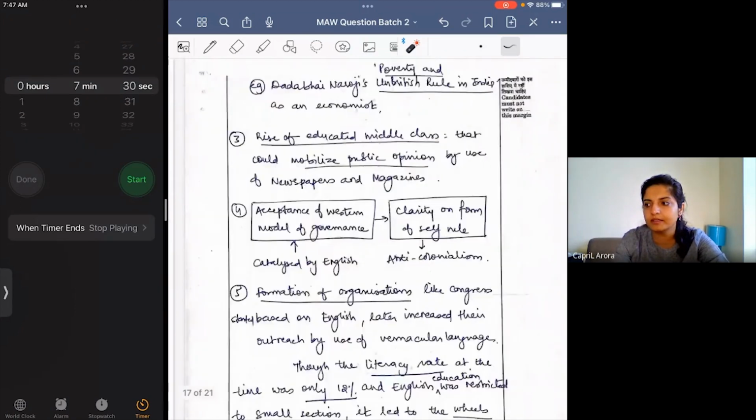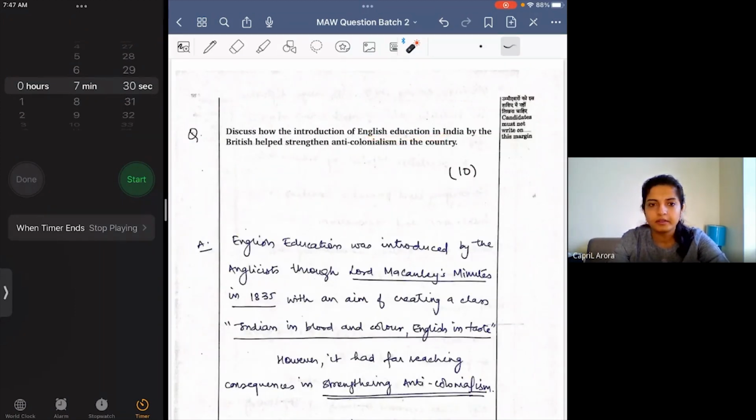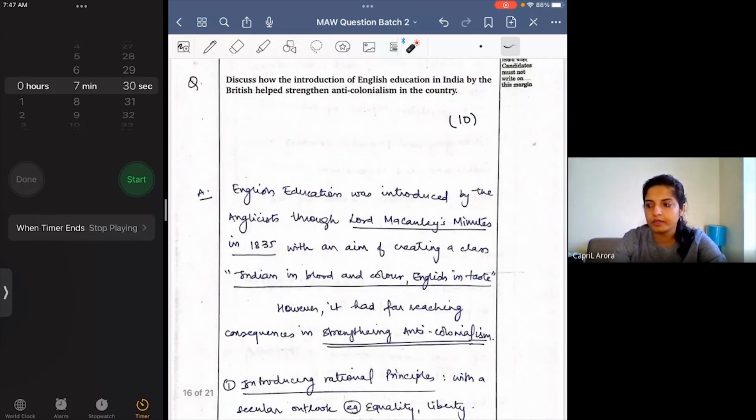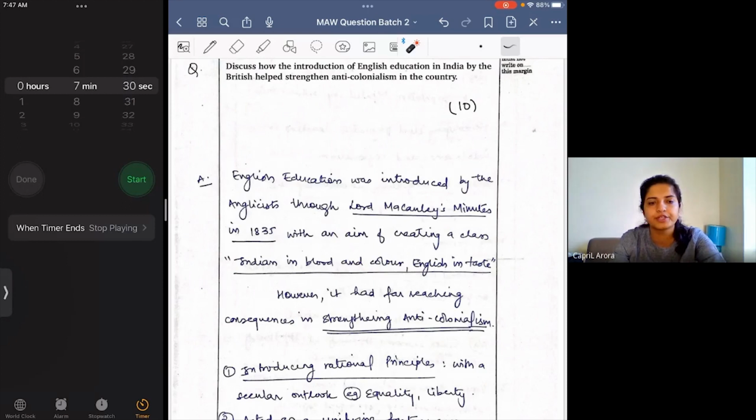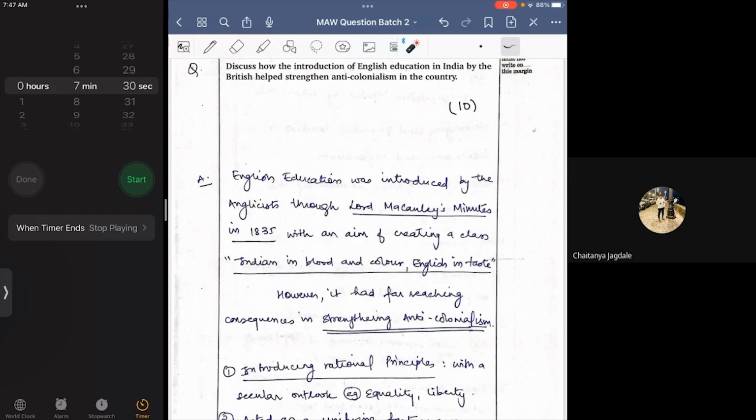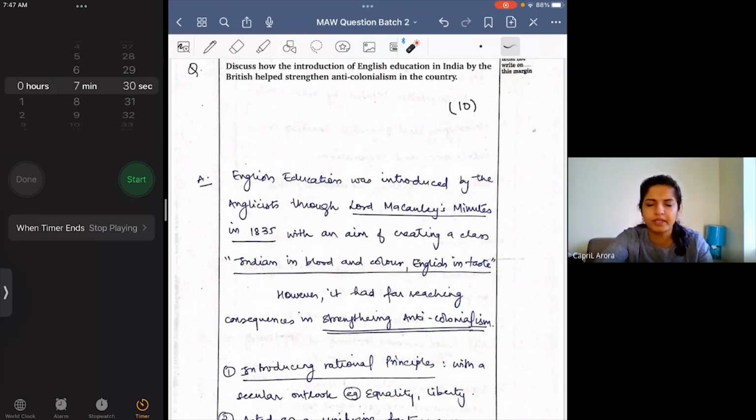The question itself is asking now that the English education that of course was introduced by the British for what? Indians in blood and color, or you can say for administration, for their own convenience, for thinking that Indian learning was inferior. All these are given in your Spectrum only. So you can mention it here and then go on with how it led to India's own objective. Yes, there is no need to write it in the body. You can see there is no perfect answer, there is no bad answer. You have to see the placement, you have to see the phrasing of the content. How are you doing it? It should look appropriate in the answer.